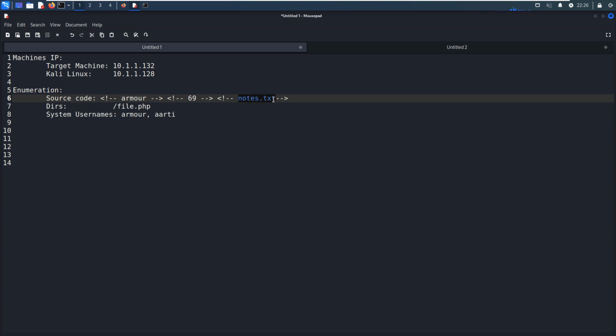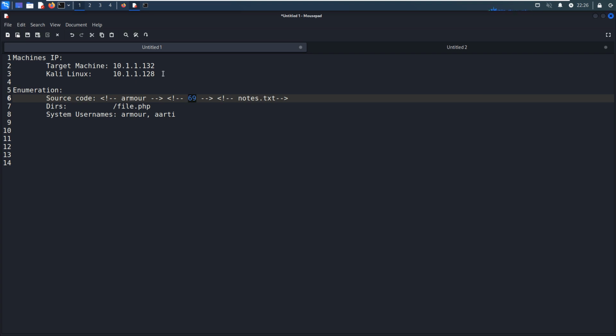So where is this file? This file is not accessible from HTTP. So maybe this is a port number, and this is not a TCP port number.